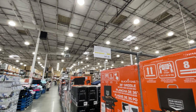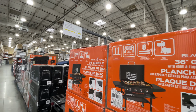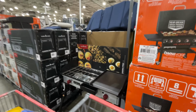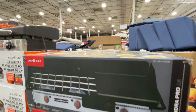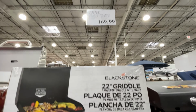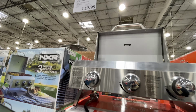Now the Blackstone is on sale, 36-inch gas griddle for $349, 50 bucks off. This is a very popular item. What else do we have here? Camp Chef, $235.99. Not really familiar with that. Here's another tabletop 22-inch griddle, $169. I'm sure that, let's see, here's another one,